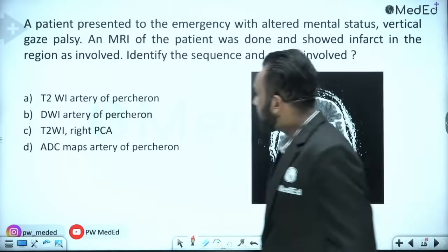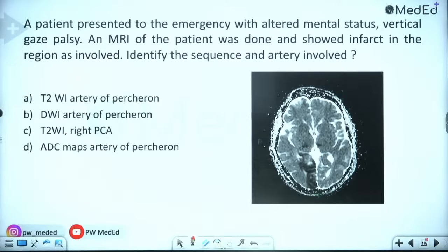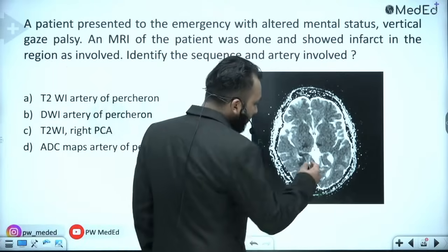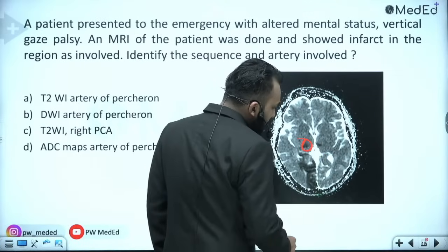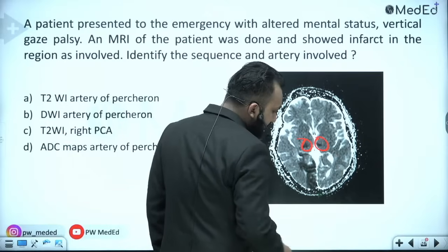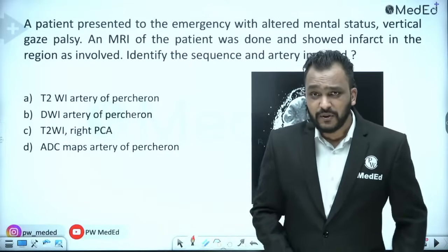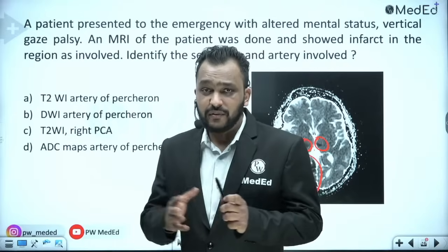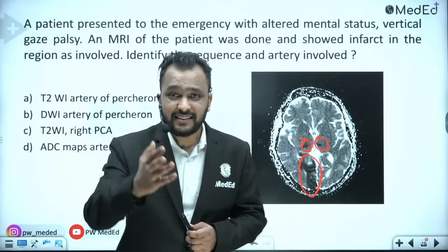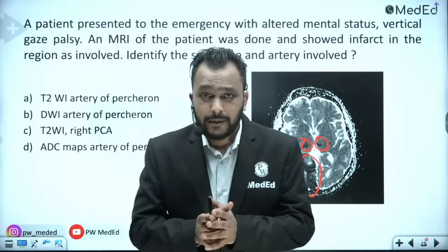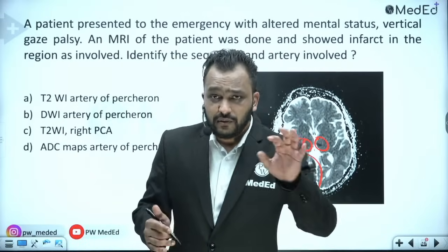A patient presented to the emergency with altered mental status and vertical gaze palsy. An MRI of the patient was done and showed infarct in the region involved. So let me tell you what the region of infarct is. The region of infarct is both the thalamus and the right occipital lobe. So now there is an infarct involving both the thalamus as well as the right occipital lobe. Can you think of a condition when there will be an infarct on both sides? So just remember,